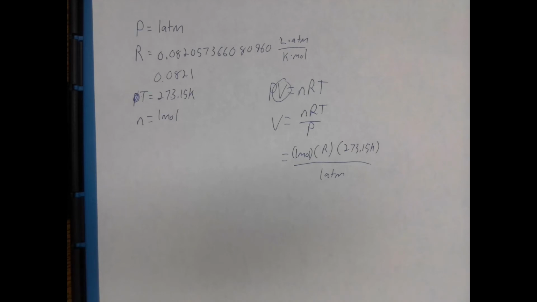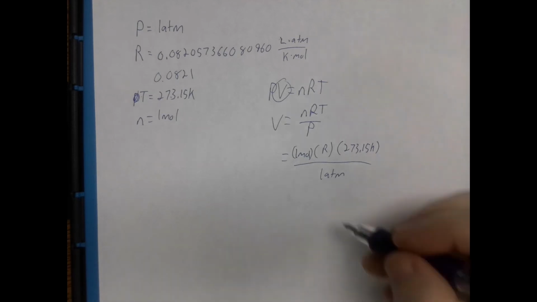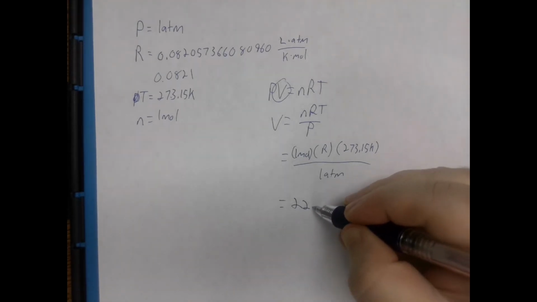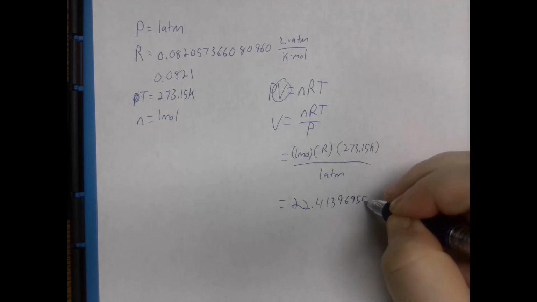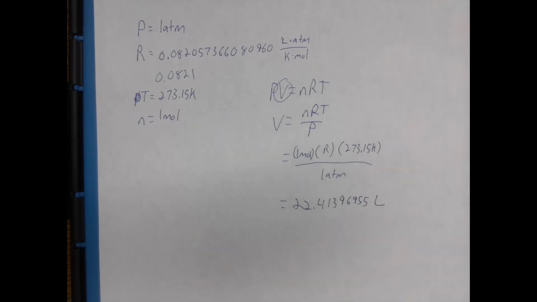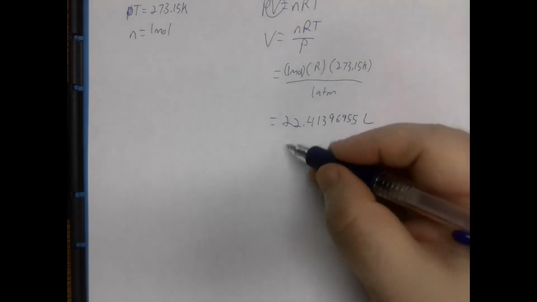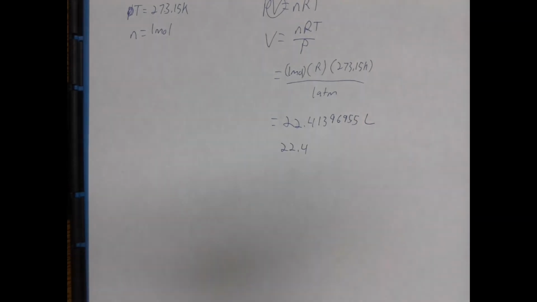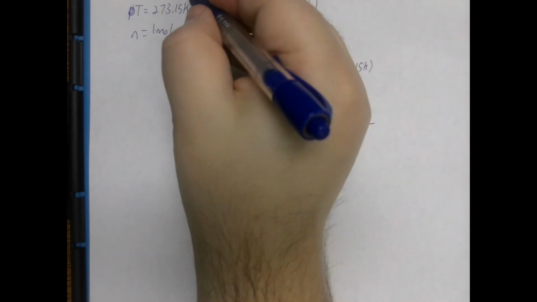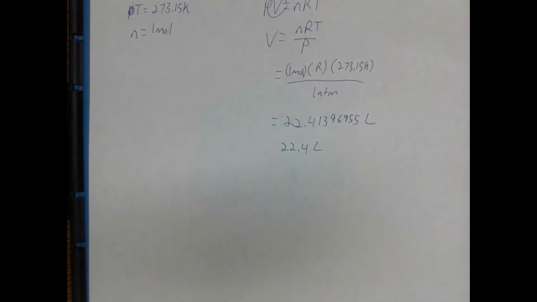Times 273.15. I get a value of 22.4139695 liters. Which, again, for this class, some of these values are rounded to only 3 significant figures. It rounded to 22.4 liters. Note that if I used this value of R with only 3 significant figures,